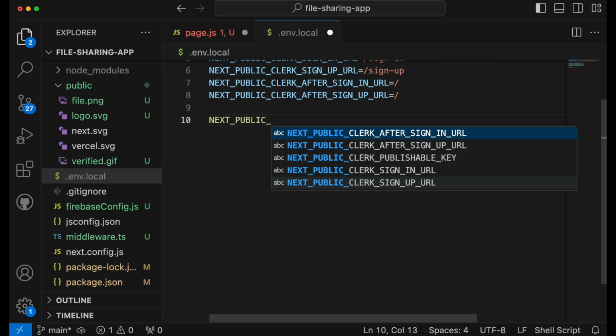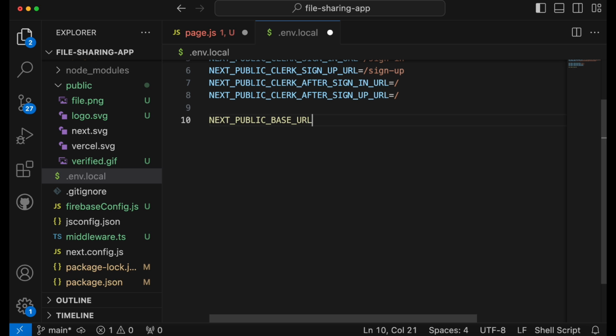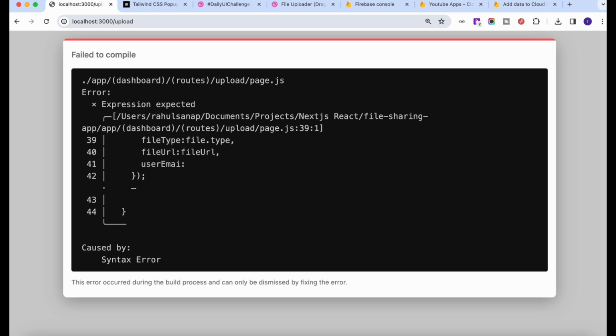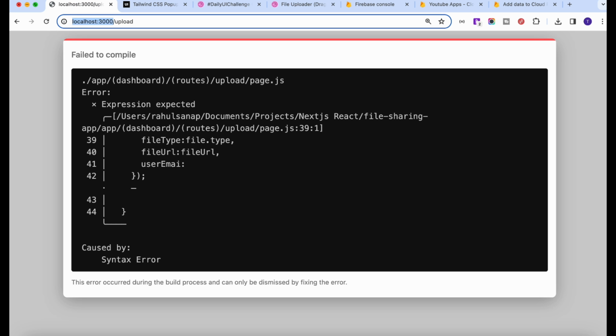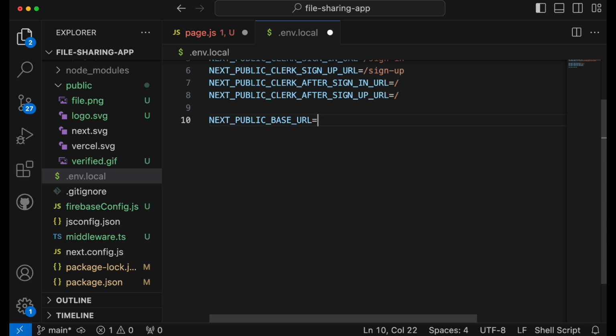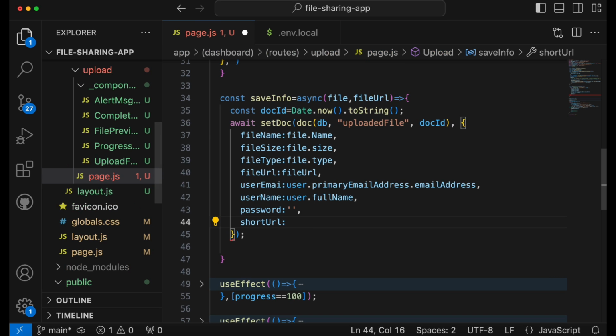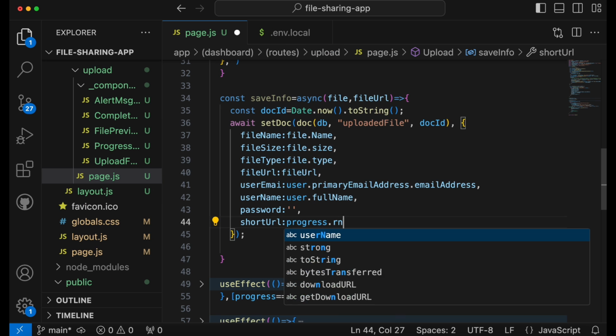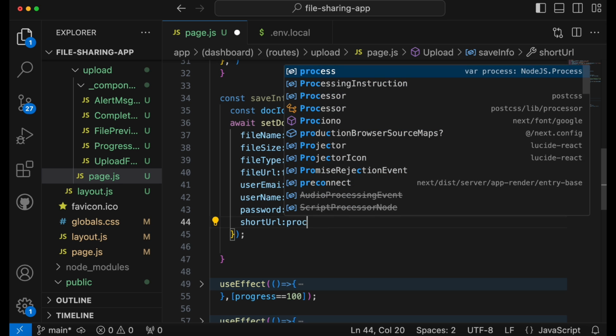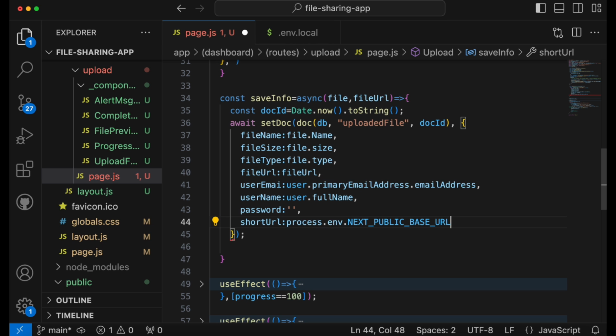Then write BASE_URL equal to, and because we are working on localhost, I'm going to provide this URL only. Copy this one because we want to use it. So just write process.env.NEXT_PUBLIC_BASE_URL,